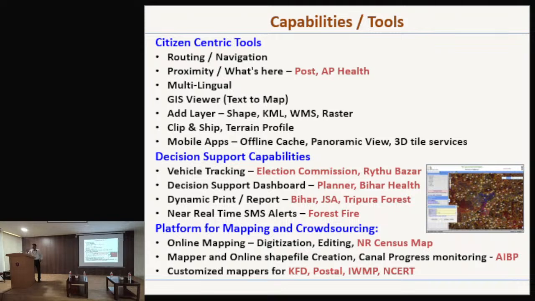1 kilometer, 3 kilometer, 5 kilometer, 7 kilometer kind of buffers, which are defined by the ICMR. Once the buffer is generated, it intersects with the village boundary and brings out the number of households in that place, the total population, and the age group of the population. With that information, the government decides how many households to go for a survey, so that they could understand that particular place. So the Bihar Health Emergency Operations Center used this decision support dashboard